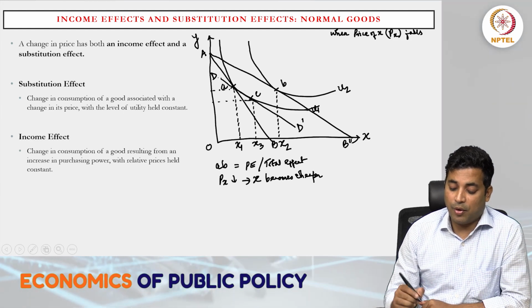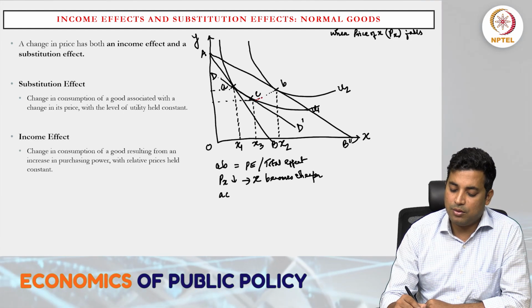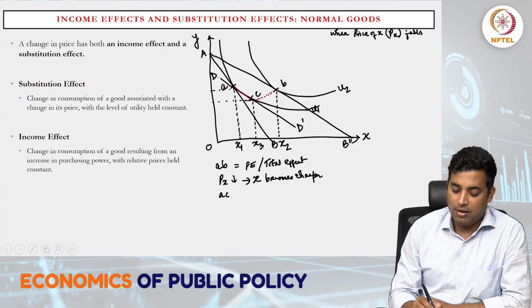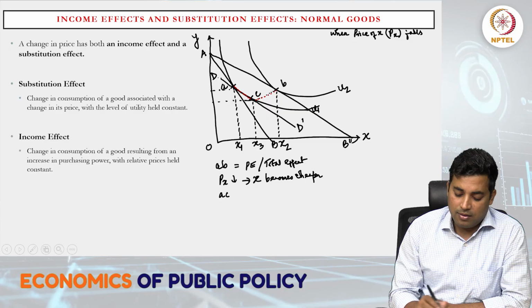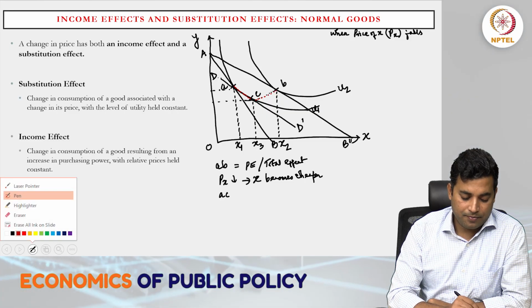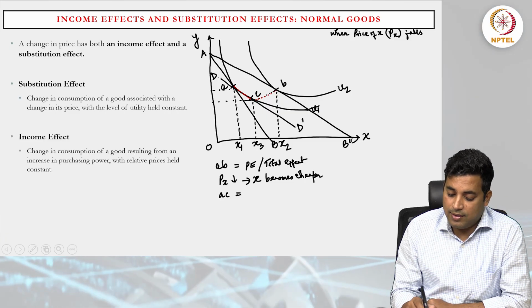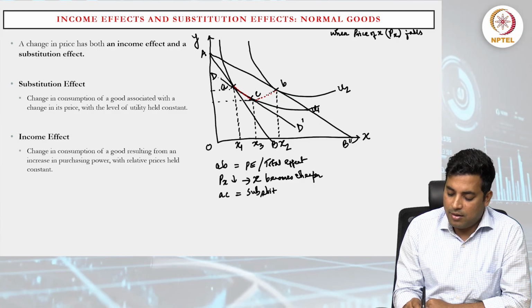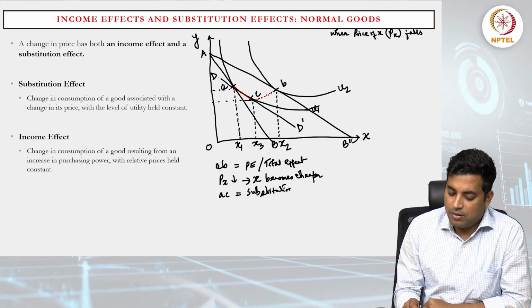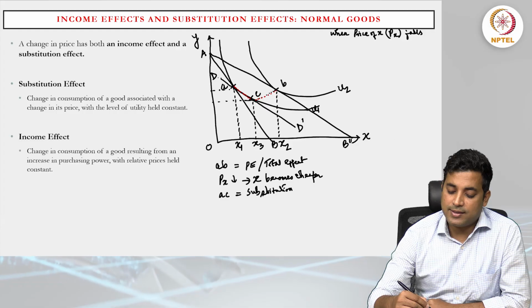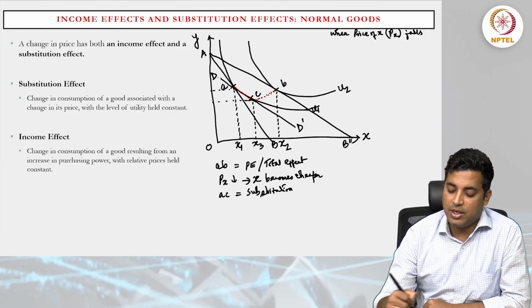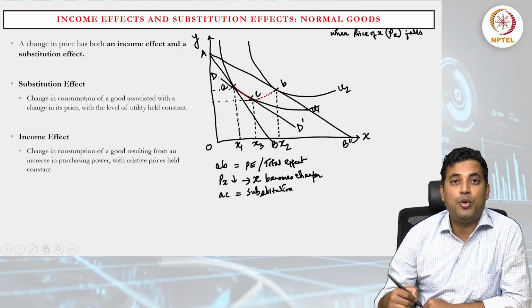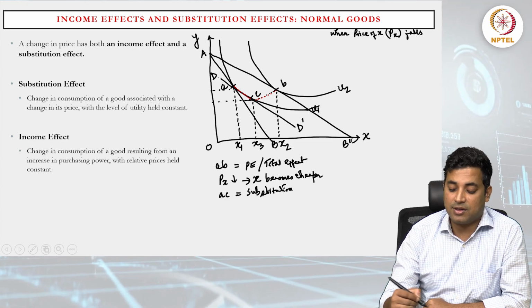So here there are two movements: A to C, and the other is C to B. So A to C is the substitution effect. Why? Because we are on the same utility curve, the initial utility curve U1, and A and C are both on the same indifference curve,